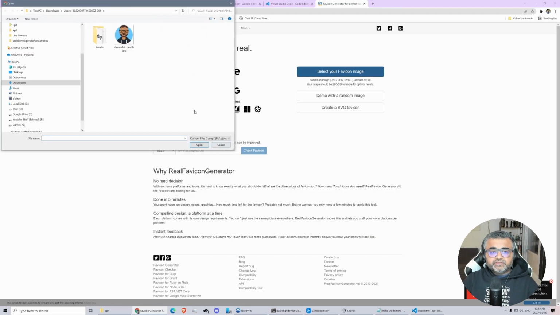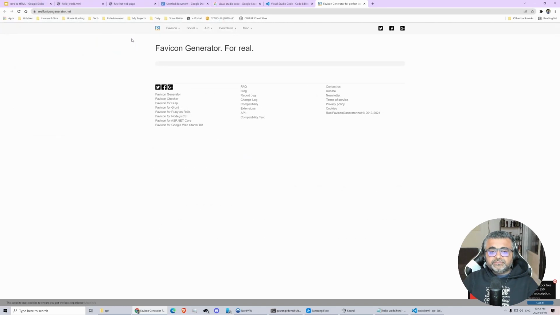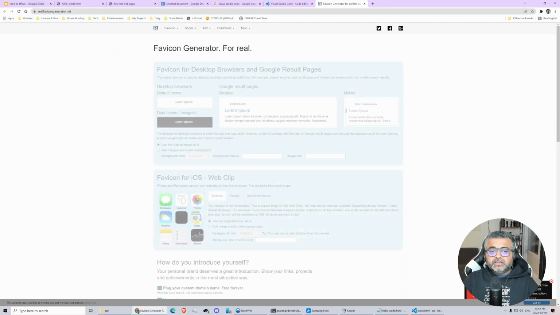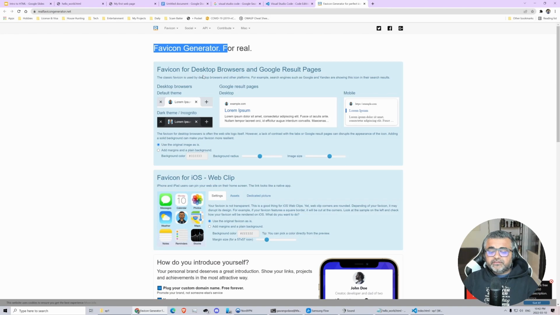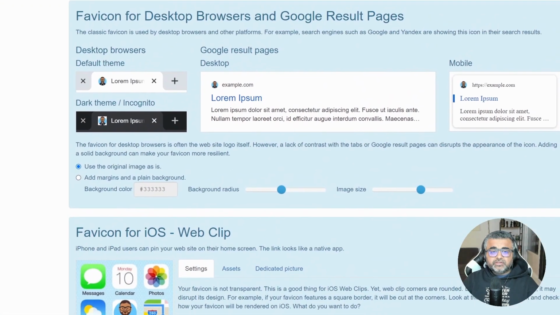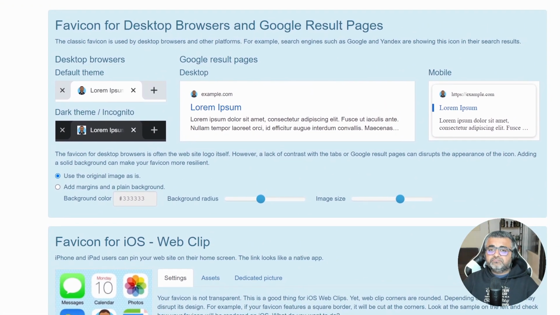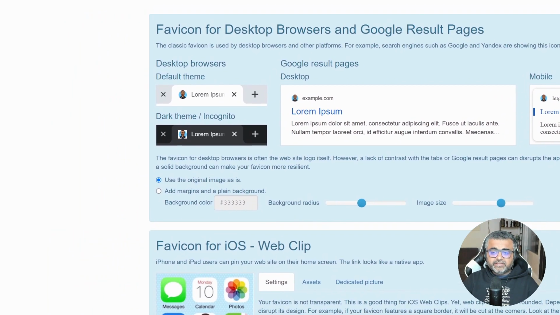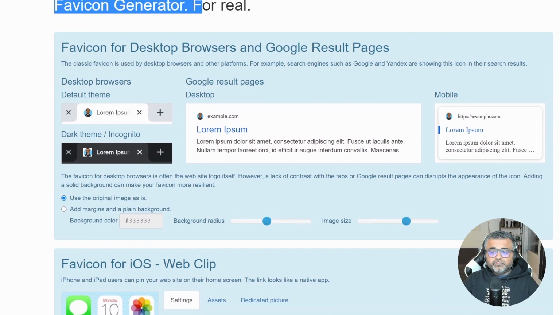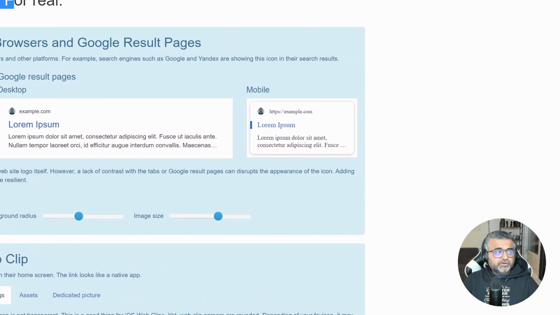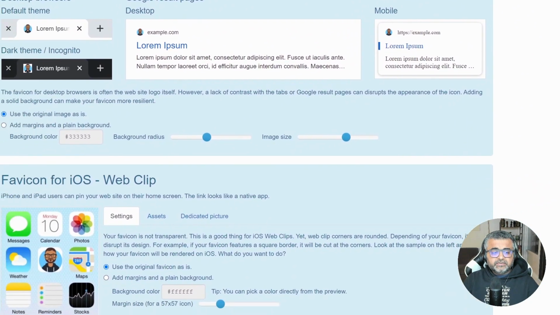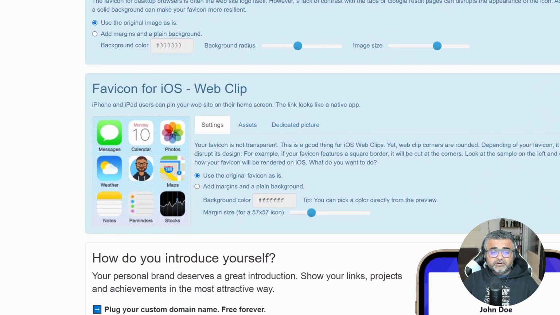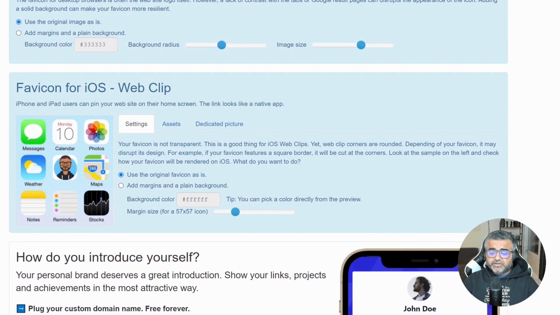So we are going to create one with our YouTube profile picture. You upload the picture. It actually generates the favicon. It shows how it looks in different scenarios. So see over here, it shows how it looks in the tab. It shows how it looks in Google search, how it looks on mobile, right? How it would look on iOS, right? If you save the page on iOS,